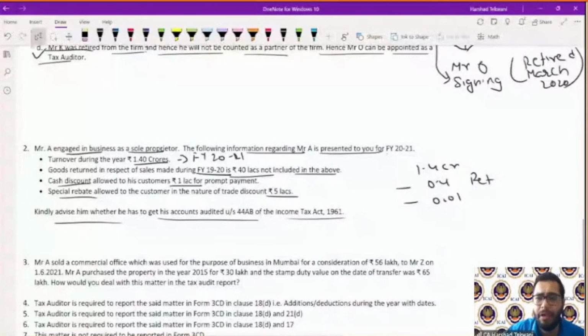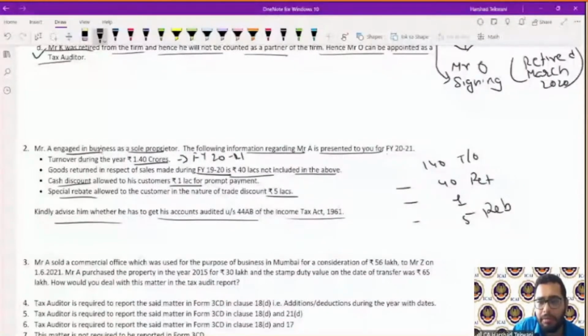Or let's say, do one thing. Let me quickly redraft here. Instead of in CRs, I'd like to do it in lakhs, so it will be easy. So 140 lakh rupees turnover, return 40 lakh rupees, then cash discount 1, minus special rebate 5. Net